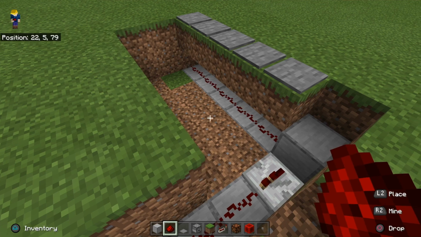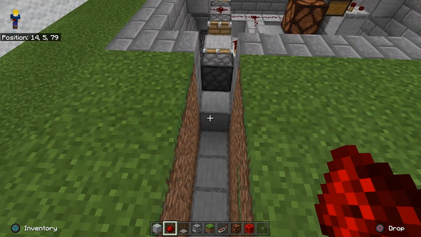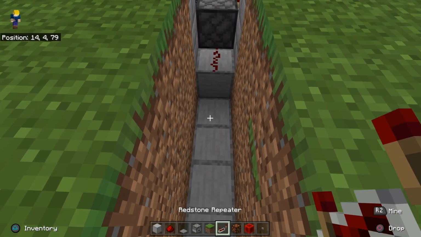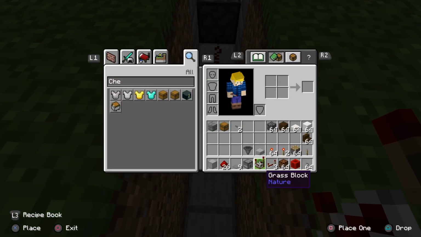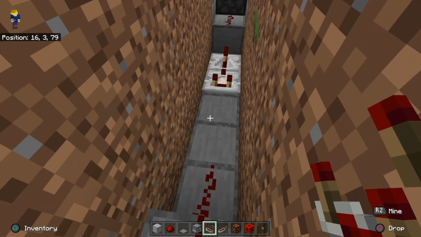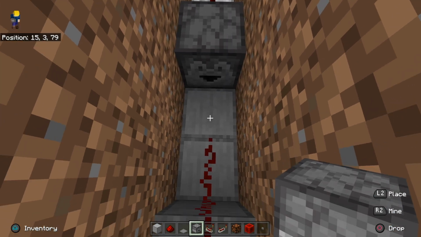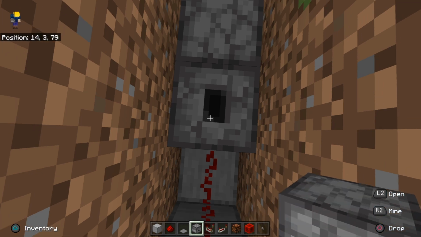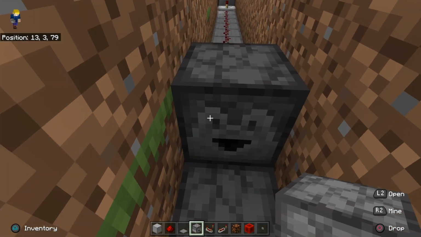Alright, once your start line looks like that, you'll come back over here to back behind this piston. You're going to place 1 redstone dust there, a repeater here, and a comparator right there facing just like that. Then we're going to take a dropper, place it just like that facing towards you, 1 facing up, and then you're going to have to crouch, place 1 facing this way,